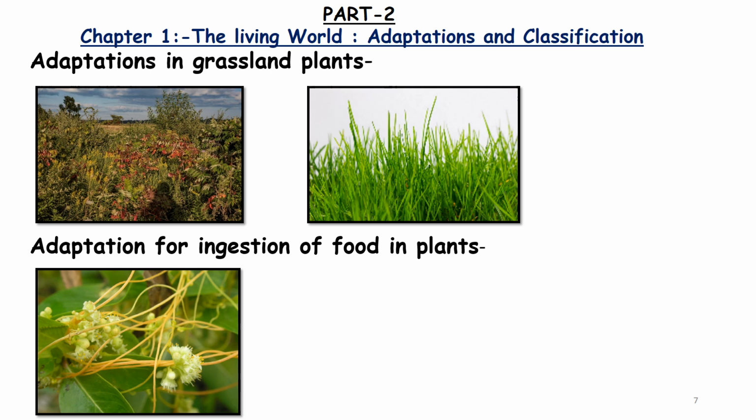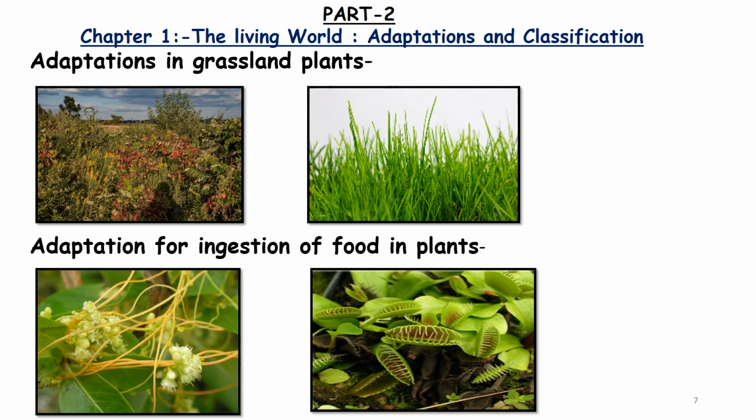Now plants need nitrogen, phosphorus and potassium for their growth. What is this nitrogen, phosphorus and potassium? All these are nutrients which are essential for the growth of the plants. Got it? Plants that grow in soil which is deficient in nitrogen, like Drosera. See in the picture, Venus flytrap. This picture is of Venus flytrap. Another example is pitcher plant, etc.